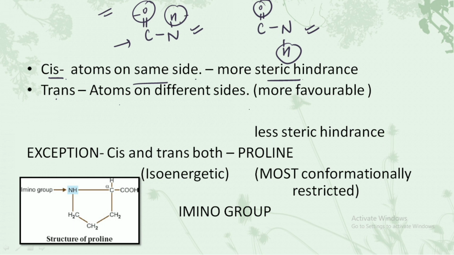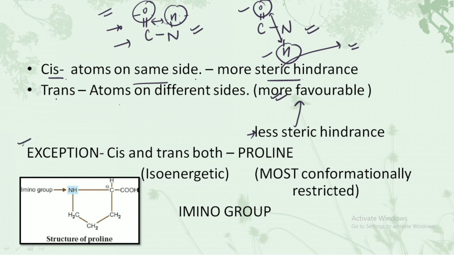Why? Because of less steric hindrance, and as a result it is more favorable. What is steric hindrance first? Steric hindrance is nothing but the hindrance or the disturbance created due to the two atoms being in close proximity. In case of cis nature, the two opposite atoms are very close to each other, hence there is more disturbance because of each other. And in case of trans, because there is more distance and less steric hindrance between the two, it is more favorable in case of the peptide bonds.